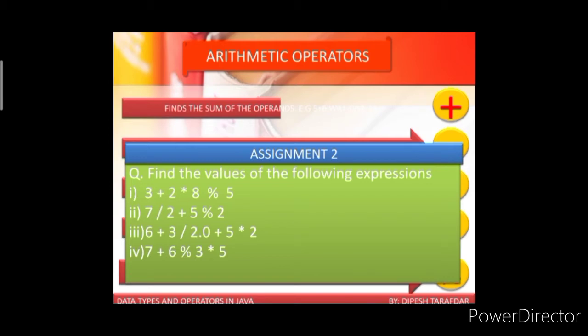So 2 asterisk 8 will be evaluated first, that will become 16, and 16 modulus 5 will give you the remainder, that is 1, and then 1 will be added to 3. So when an expression contains multiple operators of the same priority, especially asterisk, slash and modulus, they always go from left to right. That is, the operator which is to the left will be evaluated first and it will go towards the right.